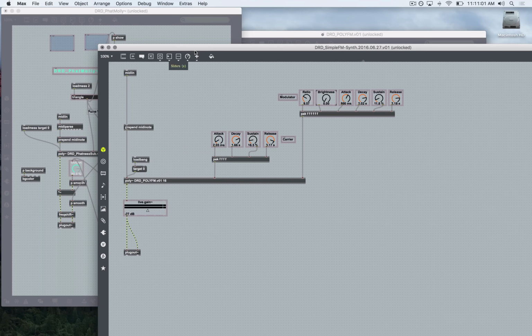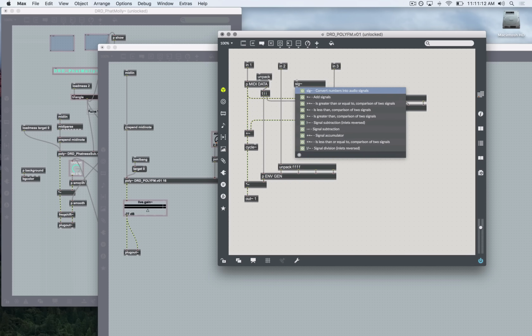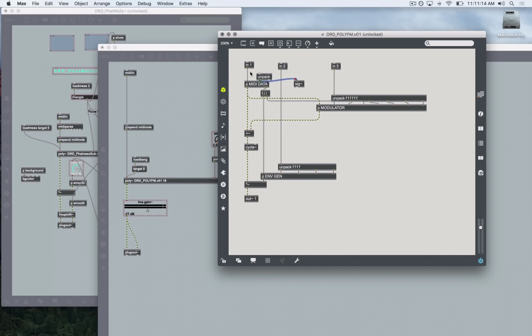All right, so with our object here, let's copy this bit here, change this into an unpack, turn that into a signal. So we're actually going to be receiving in this inlet the MIDI note and the velocity. We're going to turn the MIDI note, send it in there, and then the velocity will go in here,